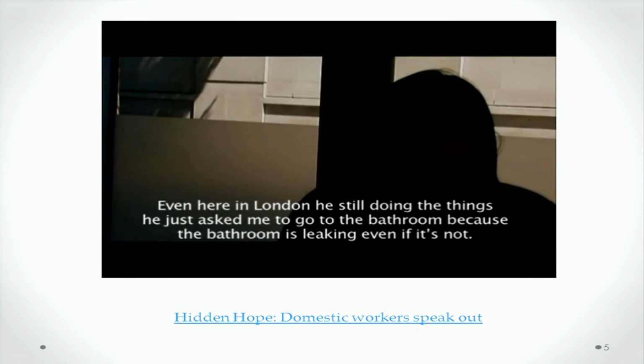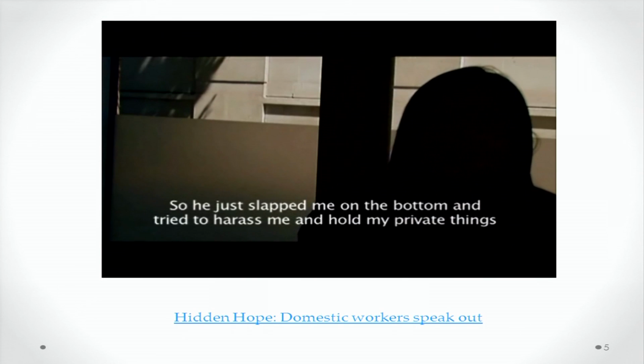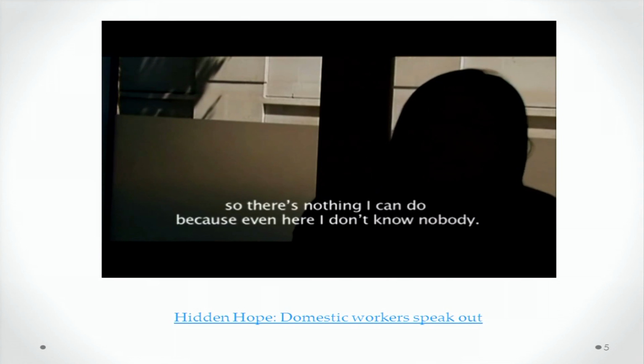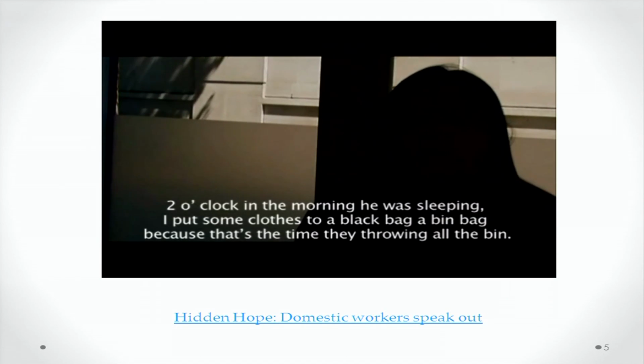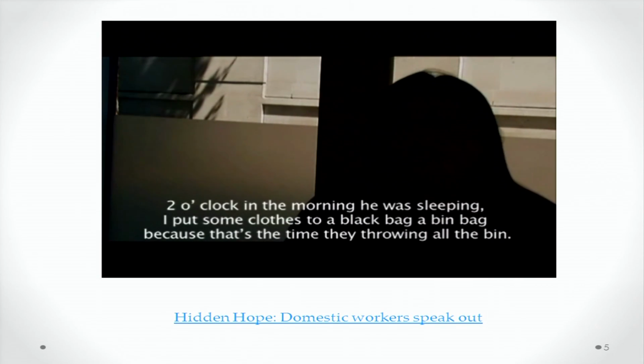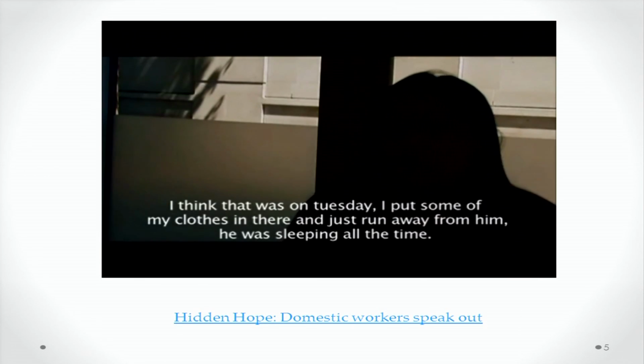Even here in London, he is still doing the same things. He just asked me to go to the bathroom because the bathroom was leaking, even though it was not. So he locked me in the bathroom with him and tried to harass me, like holding my private parts. There is nothing I can do because even here I don't know anybody. At 2 o'clock in the morning, while he was sleeping, I put some clothes in a black bin bag, because that was the time for throwing out the bins, I think it was Tuesday, and I just ran away from him.